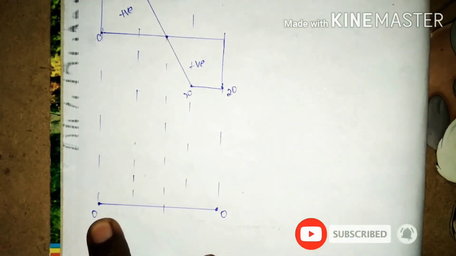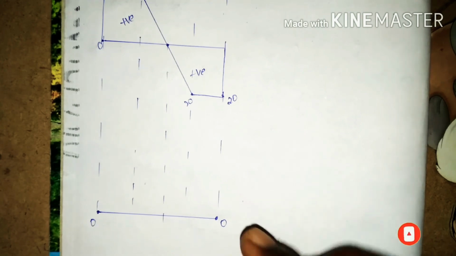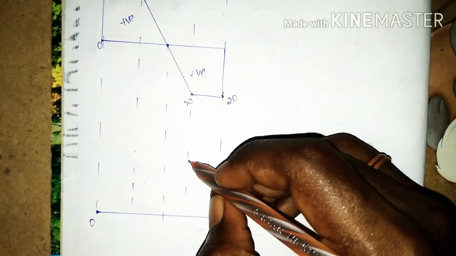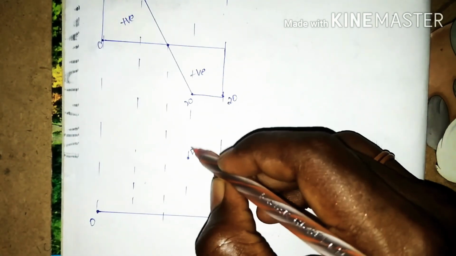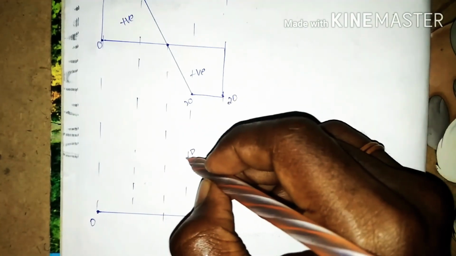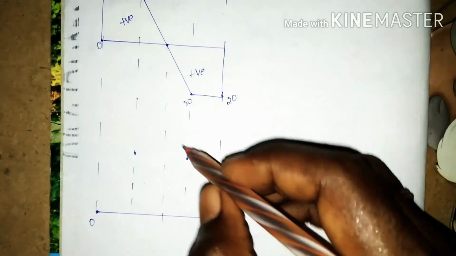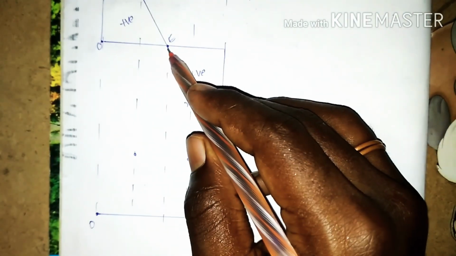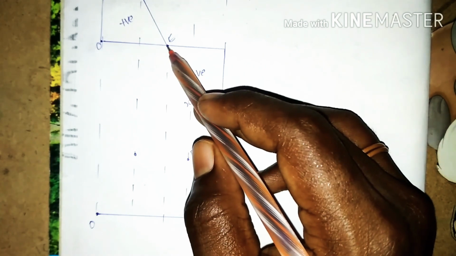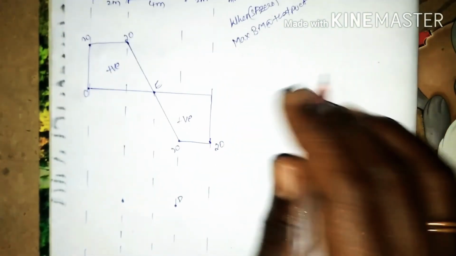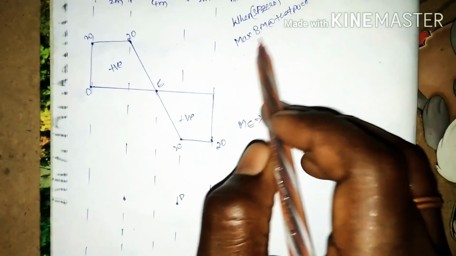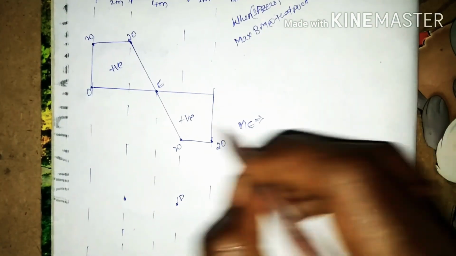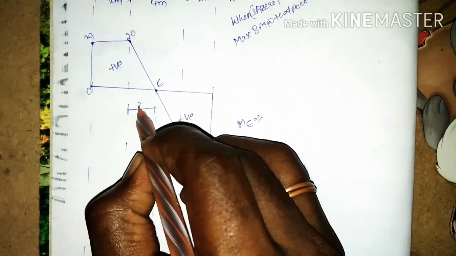For the moment about A equal to 0 and moment about B equal to 0, and for the moment about D we have 40 kilonewton meter. Let us have a point here at D. This is the D line, and for C we have the same, that is 40. Let us have a point here, E. We don't know the point E, so let us find the moment about E, because the shear force is 0, so there will be maximum bending moment at that point.